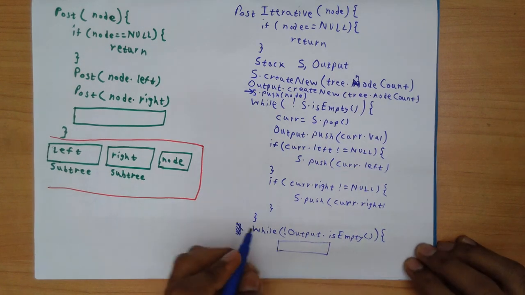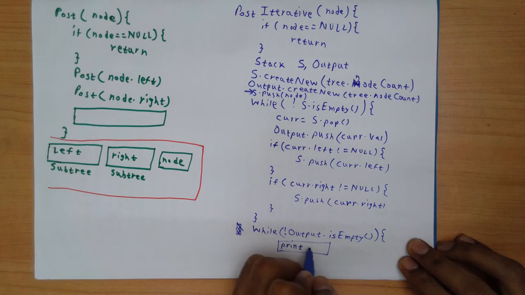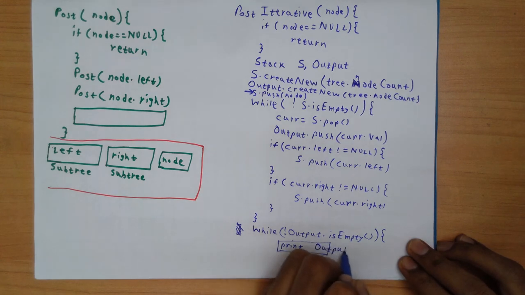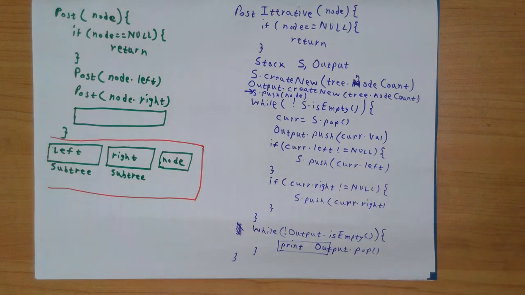So I would just say print whatever is the result of output.pop. So the output.pop operation, and my while loop finishes here, and then my iterative logic for post-order